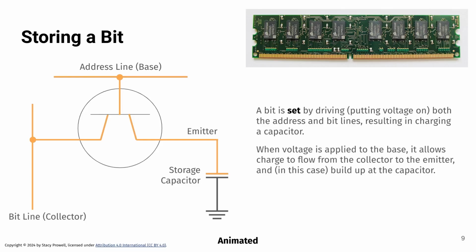And then as the charge builds up there, it gets stored, right? A capacitor you can think of as two plates separated by a dielectric or an insulator, and the charge builds up on one of the plates and is held there by capacitance. All right, and this shows it connected to ground. In reality, it's seldom connected to ground. It's usually connected to a low voltage source.